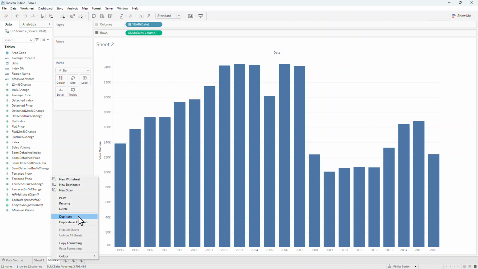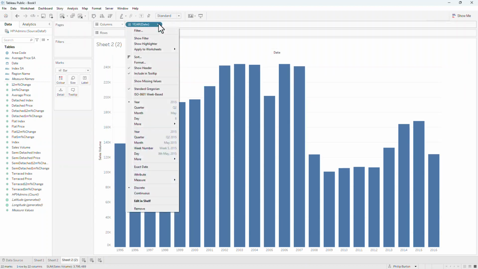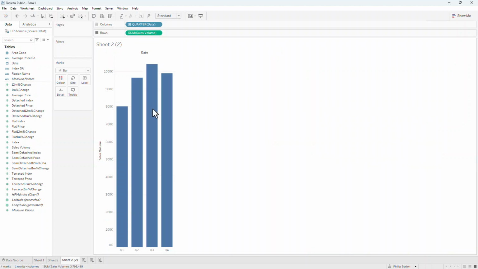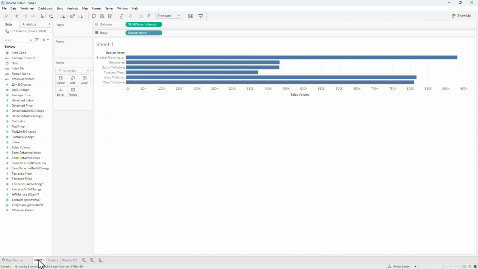Now let's duplicate that, right-click and duplicate. And this time I don't want per year, I want per quarter. And I don't care what the year is. If I did, then this is by year and quarter. This is just by quarter. So this just gives me quarter 1, quarter 2, quarter 3, and quarter 4. Let's rotate that around. What I'm going to do now with these individual visualizations, or vizzes, is create a dashboard,